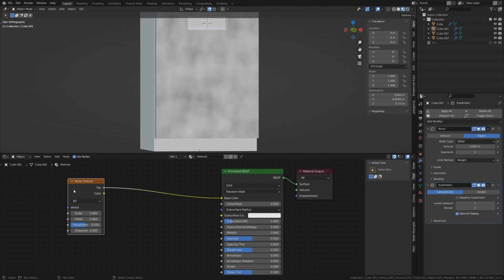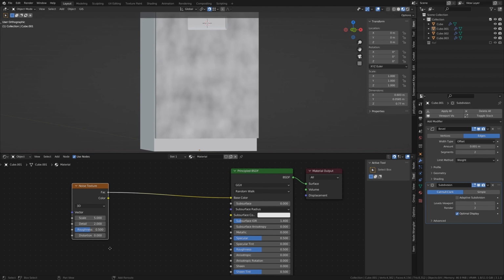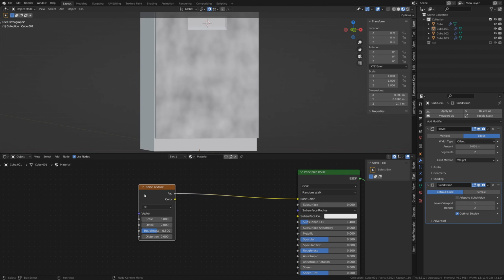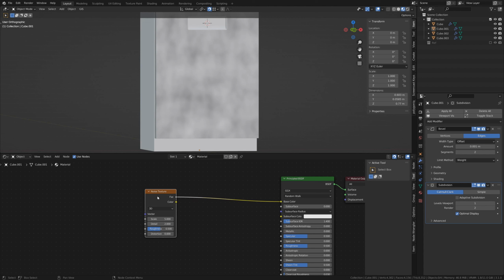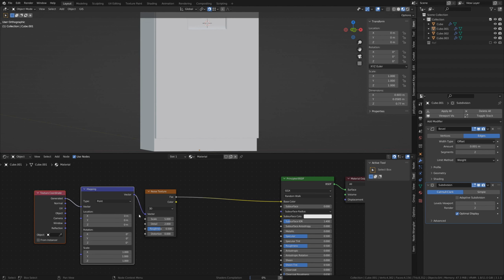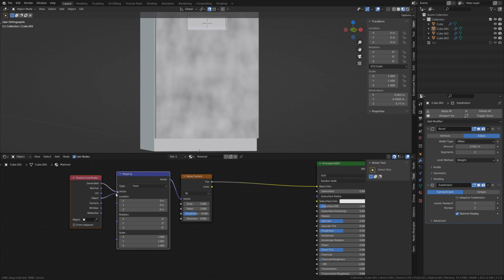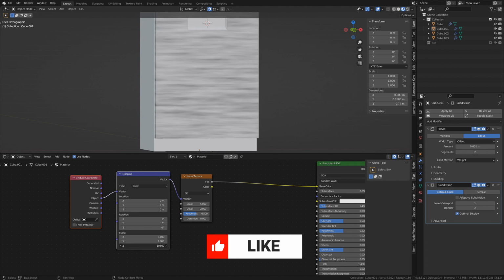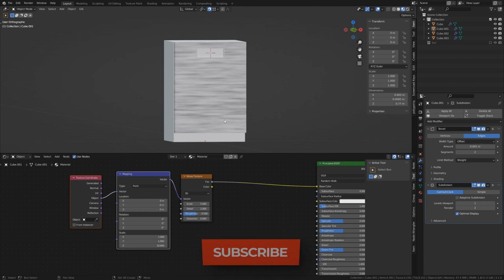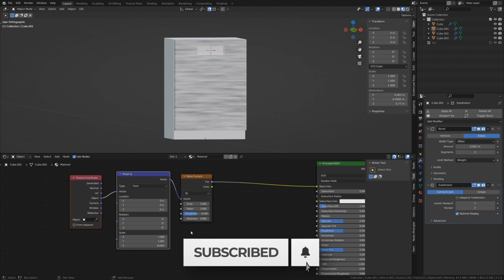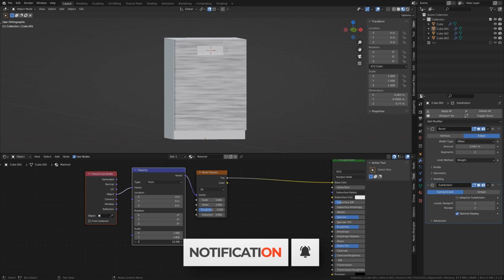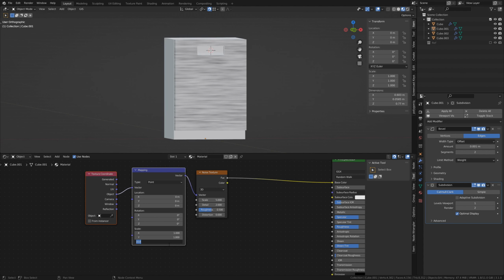We want to use this noise texture to create these streaks in our metal, so we need to scale this up quite a bit, but mostly in one direction. The way we will do that is by hitting Control T, and that only works if you have Node Wrangler enabled. Let's turn our texture coordinate system to object and scale it up considerably on the Z. As you can see, if we scale it up on the Z, it kind of smushes it downward. It may be kind of the opposite of what you're expecting an upscale to do, but